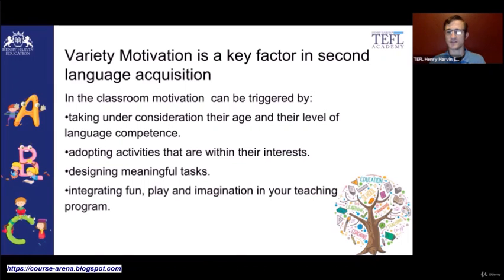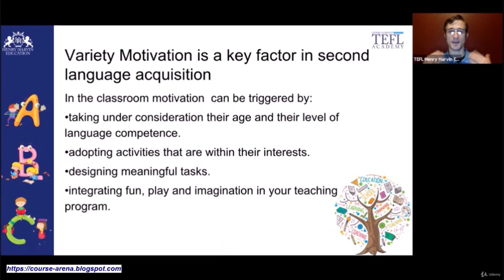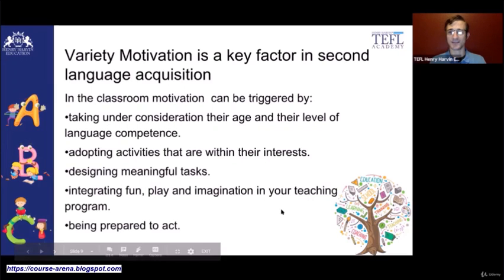Imagination, pictures, props, anything like this is going to add a lot of variety. And variety is key. If anything is just one after the other, the brain will not like it. Monotony is the enemy of the brain, and people will get very bored and not interested. And being prepared to act. So taking initiative. If someone makes a suggestion, actually incorporating it into the lesson plan. The affective filter low. So facial expressions. Connect with body language.